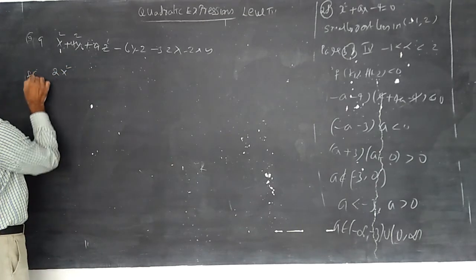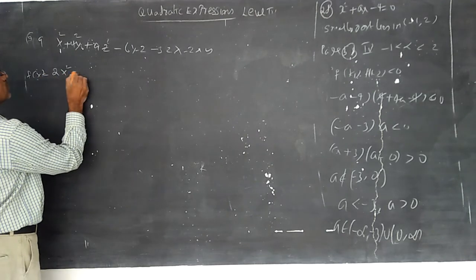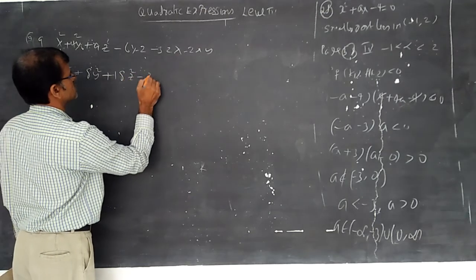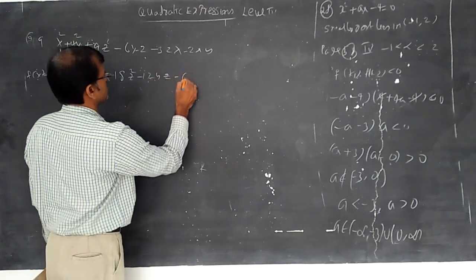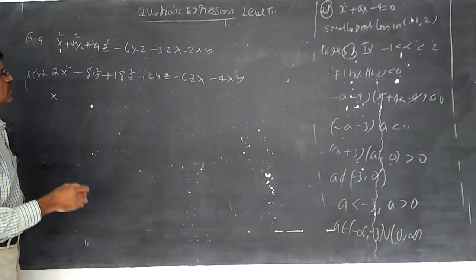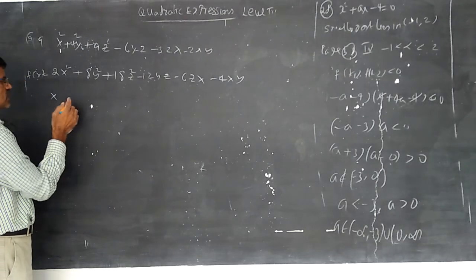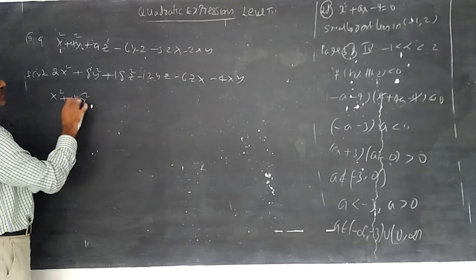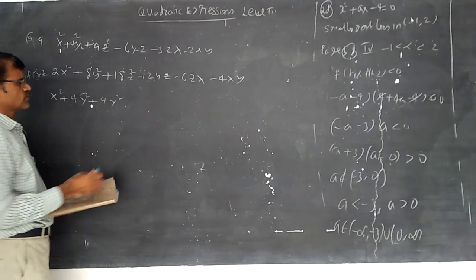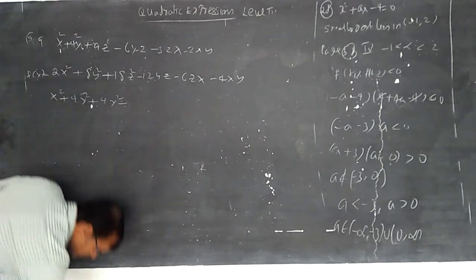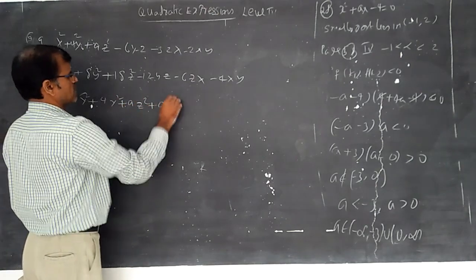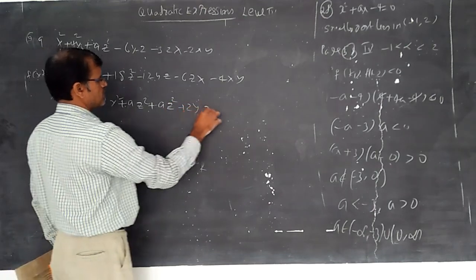Better to take here f of x equal to, multiplying by 2: 2x square plus 8y square plus 18z square minus 12yz minus 6zx minus 4xy. You can understand here 2x square means x square plus x square, 8y square means 4y square plus 4y square, 18z square means 9z square plus 9z square, minus 12yz, minus 6